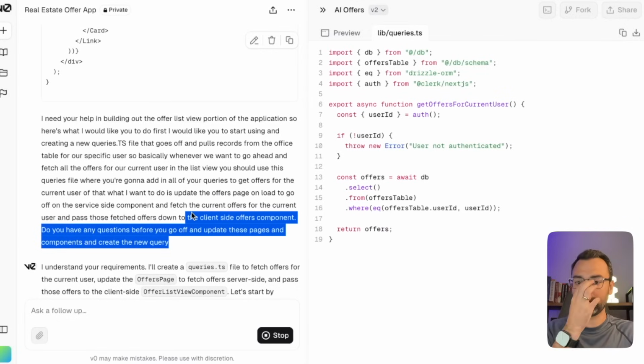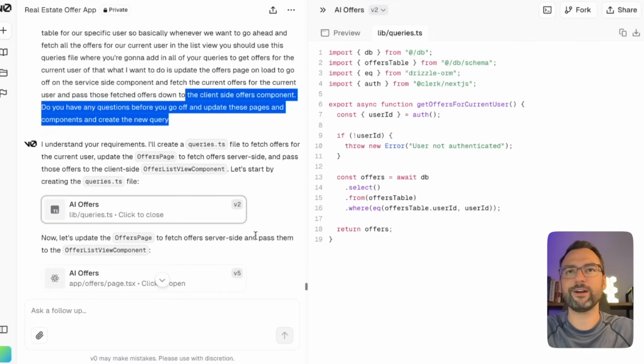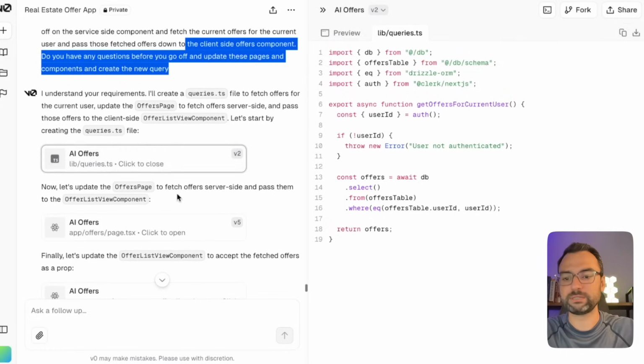And then what I like to do is, as you begin to use Next.js more and more, you'll recognize, oh yeah, this is a server-side component. This is a client-side component. Here's the functionality and the flow that I would normally code out myself, but I can just have V0 do it for me. So as you can see, it went off and created a new queries file for us,